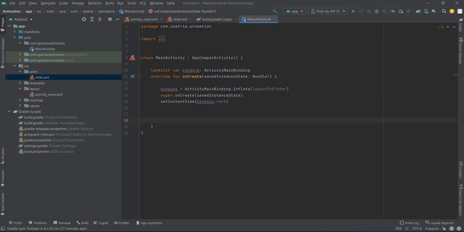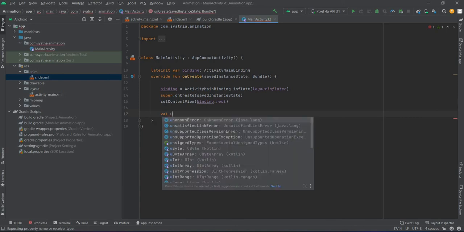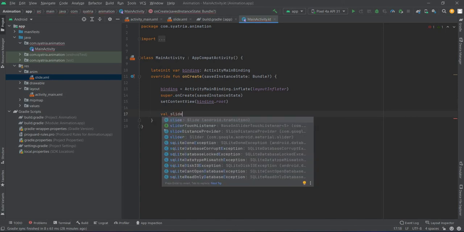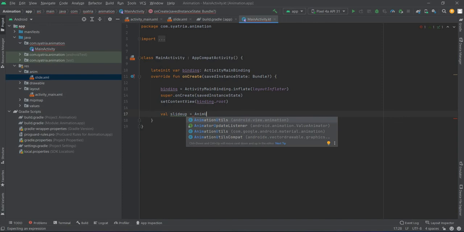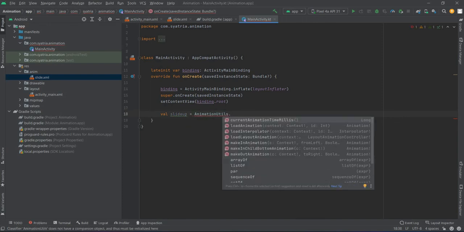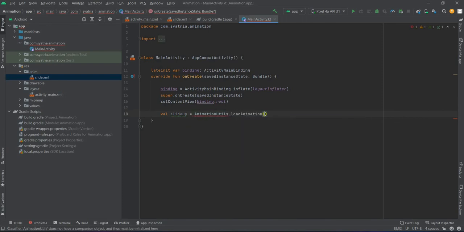Okay, after that we can call the animation by declaring it in a variable, slide up equal,